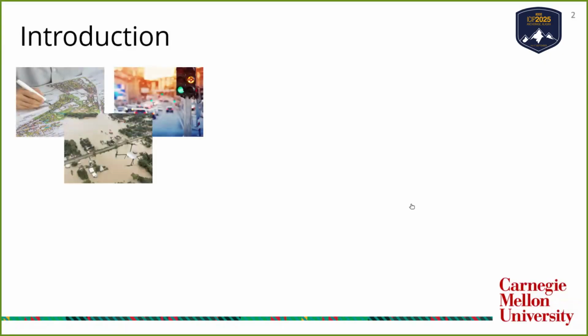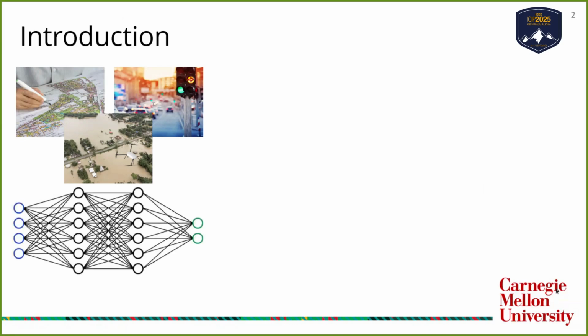Robust vehicle detection in aerial imagery is essential for a range of real-world applications, from traffic management and urban planning to disaster response. Modern object detectors like YOLO and RetinaNet have achieved strong performance thanks to advances in deep learning. Given the importance of these applications, ensuring detector robustness is as crucial as improving accuracy.